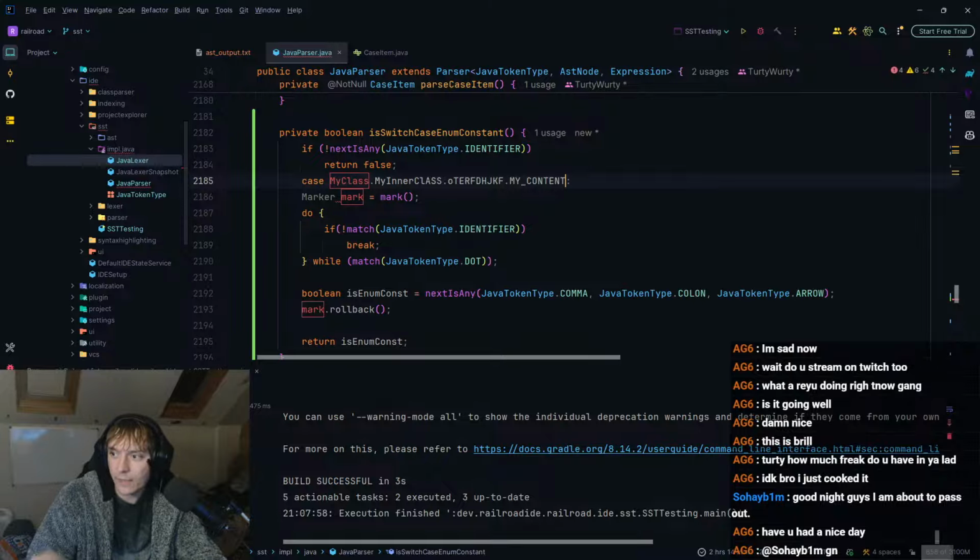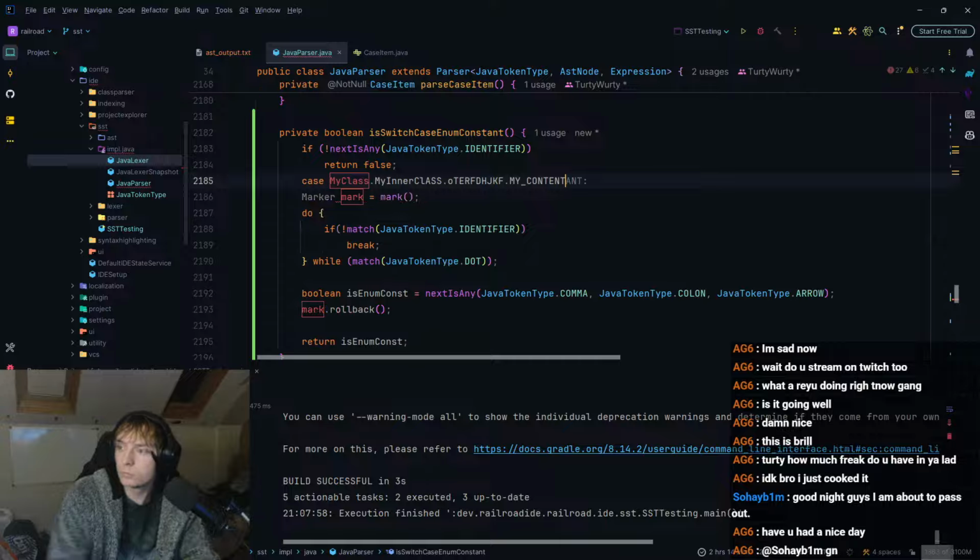But if it's anything else, so say if it's another dot, something dot method, right? Or it could be like... no, that won't work.